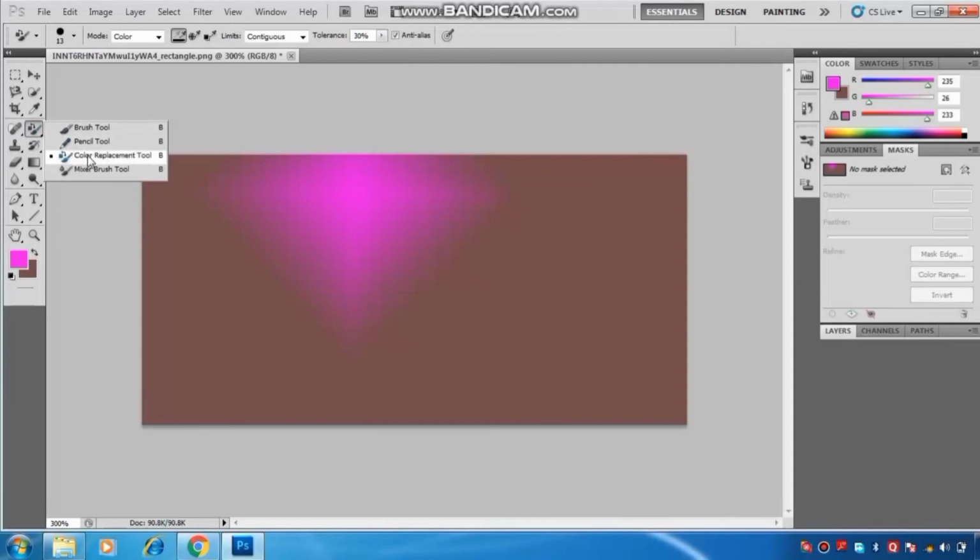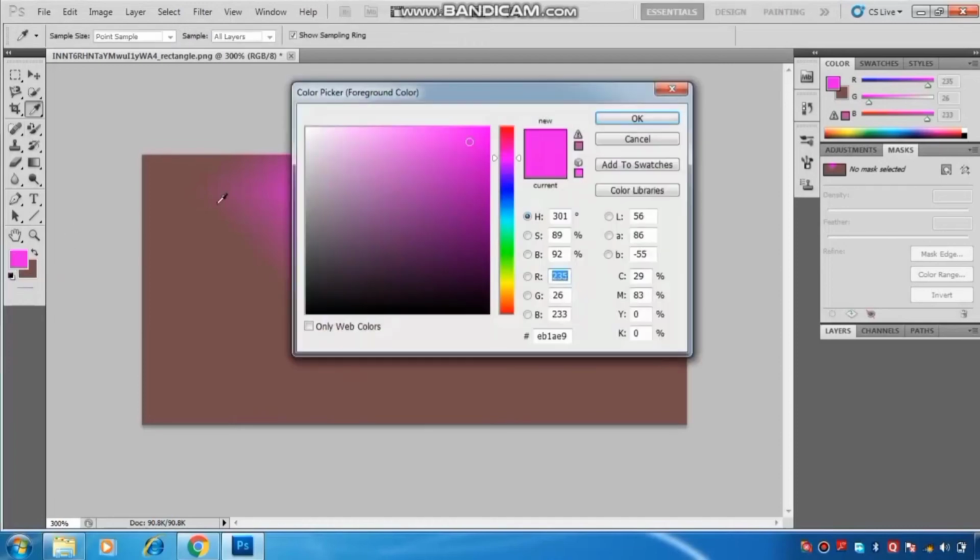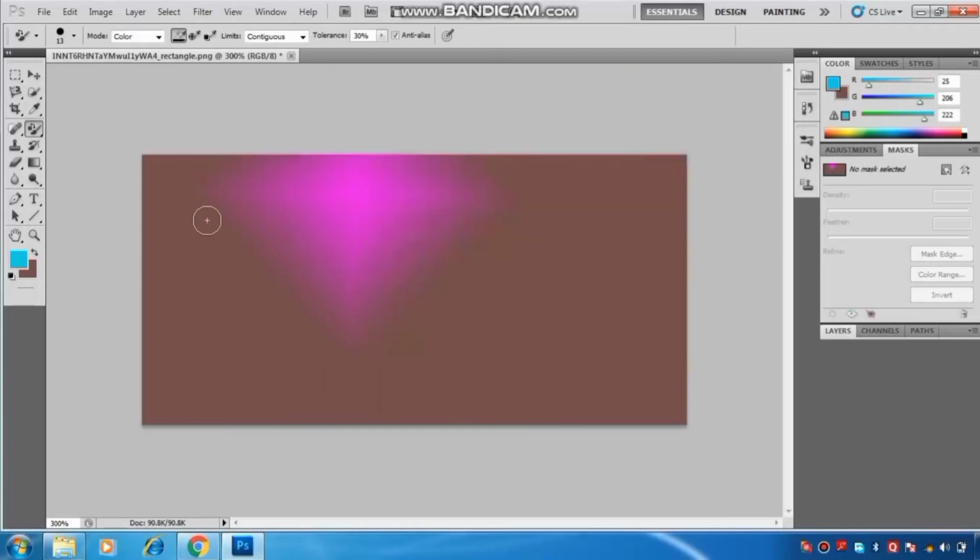Just click on this. Now you have seen here your pointer will change to a target symbol. Now this will look like a target symbol. Okay, here first we have to select the foreground color option and choose the color according to our choice. Suppose I want to fill this color, then I have to select this one and select OK. Okay, like this. Now I will drag the target symbol over the part wherever I want to change the color.